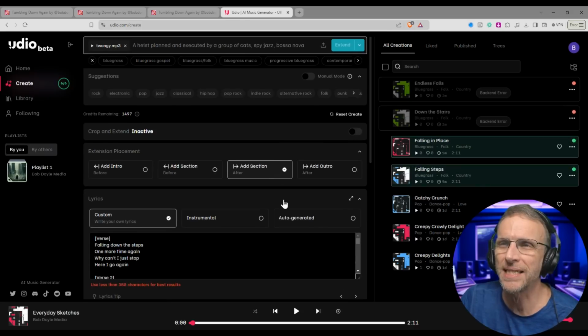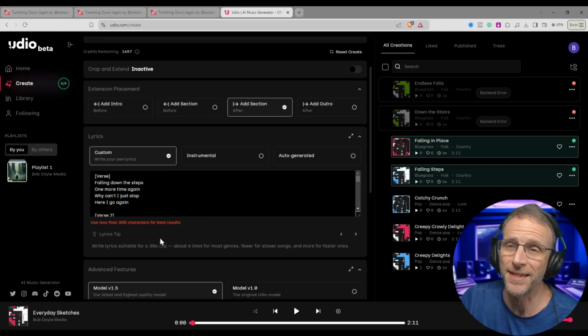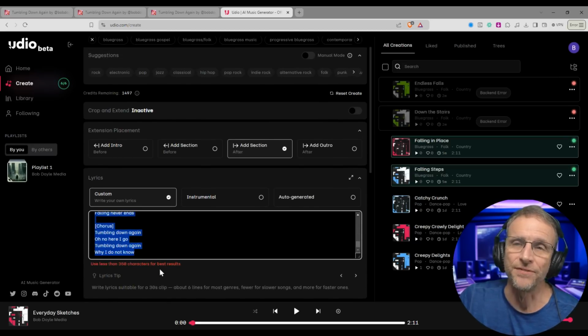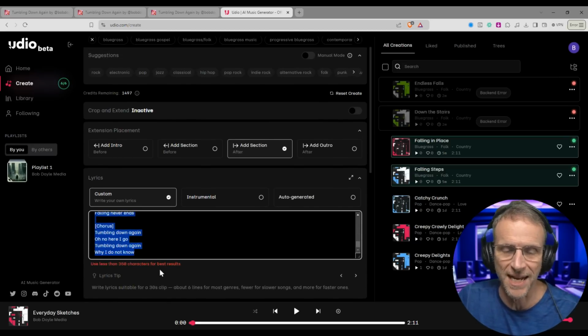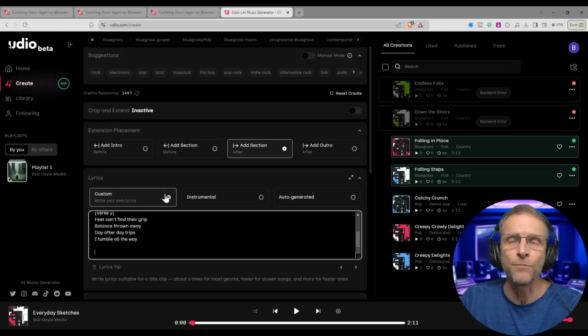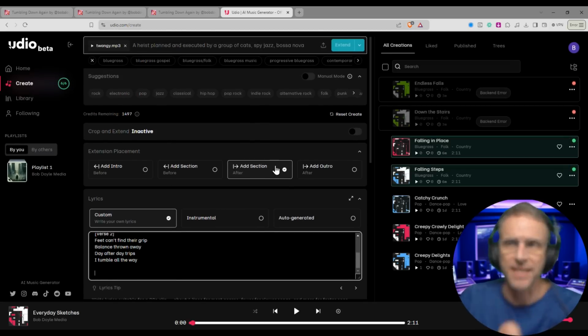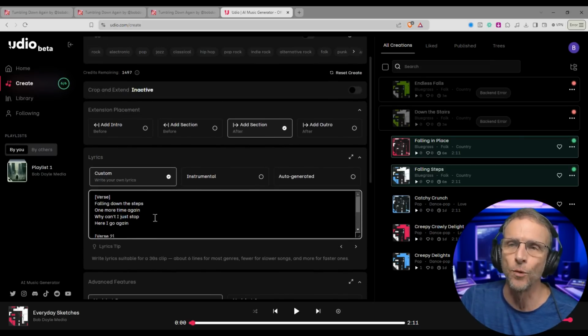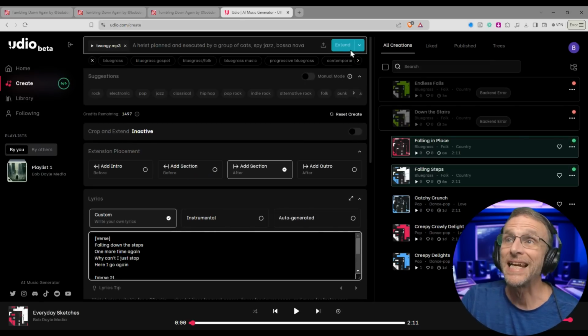If I can only extend for 30 seconds, then I have to trim down these lyrics. And this is one of the downsides of Udio to me, that it's just not as easy for stuff like this, adding things on because of this limit in some cases. Whereas over in Suno, you can just generate your whole song. And when you're generating from scratch, you can do that. But this extension thing here, for example, appears that I cannot go more than 30 seconds. So let us see if this will work here.